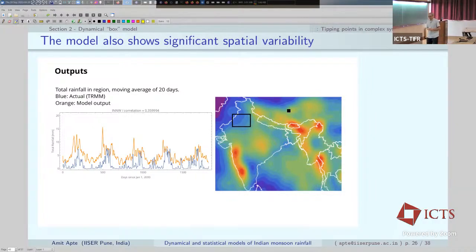It's not like a question, but more like a curiosity coming from his question. What you have shown is the boxes at different places. I was curious what the correlation between the data and the model output would be if I centered the box at one point and changed the box size. If I have a small box, the variation over the boundary condition is small, and if I increase the box size, the variation over the boundary condition increases. So I was curious what the difference between the output and the data would be if I were to do that.